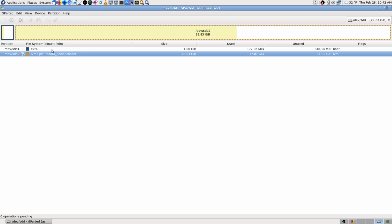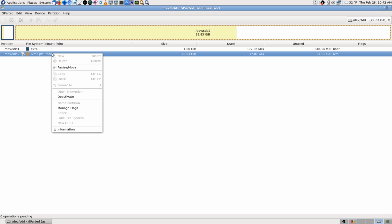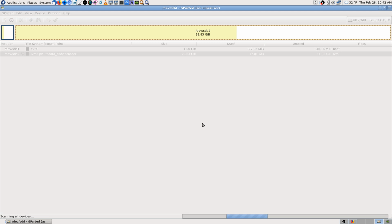I'll have to unmount the ext4 and deactivate, but it's taking forever to refresh every time I do it. But yeah, now I can deactivate it because I unmounted it. It was mounted because I'd been looking through the files. And after I unmount it, I may just go ahead and...